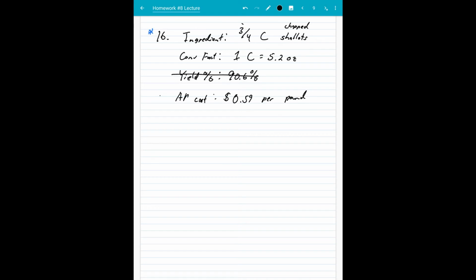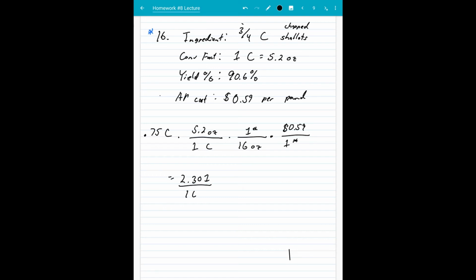so that it's the same problem, but I'm showing you a different way. Ignore this yield percentage for right now. What you can do is multiply everything like normal, just like we did earlier. We had 0.75 cups, and then this is for every 1 cup, it's 5.2 ounces. There's 16 ounces per 1 pound, and then it's 59 cents per 1 pound. You can calculate all of that and find out a number. 0.75 times 5.2 times 0.59. This is 2.301 up on top and 16 on the bottom. Divided by 16. That gives us